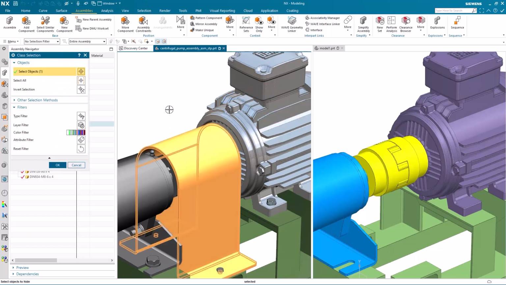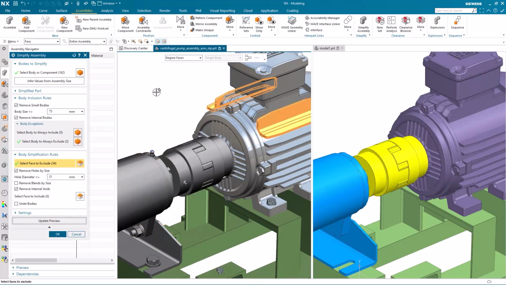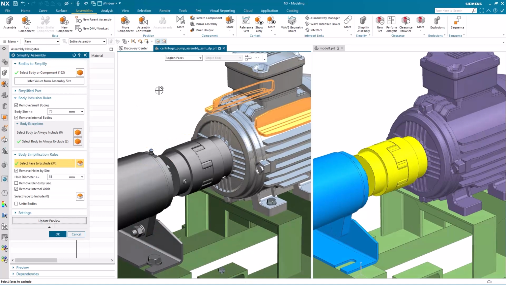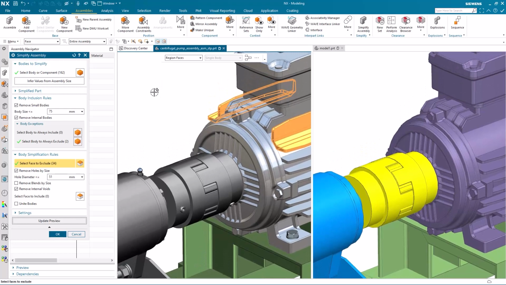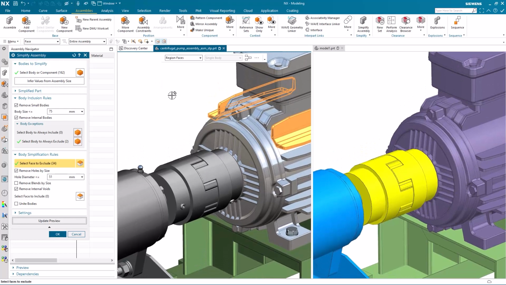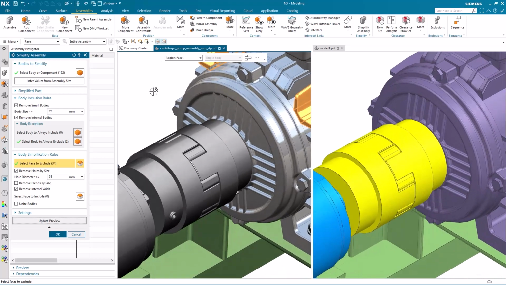The new capability inside of NX in this latest release is the ability to select similar faces using AI. So let's take a look at these ribs here.